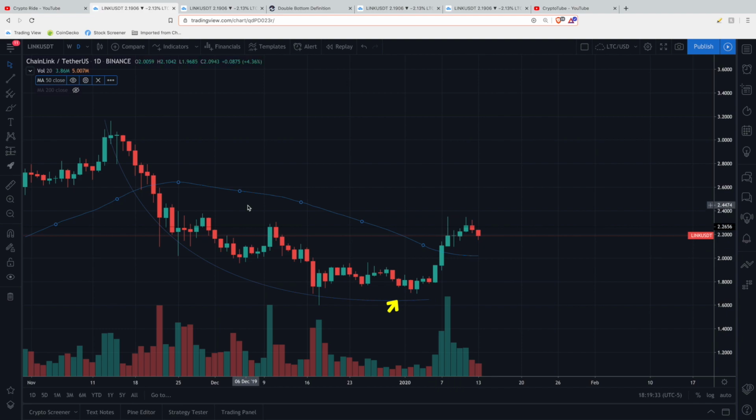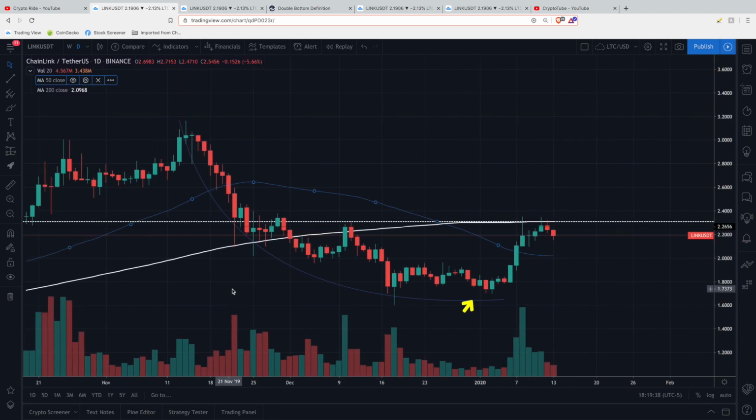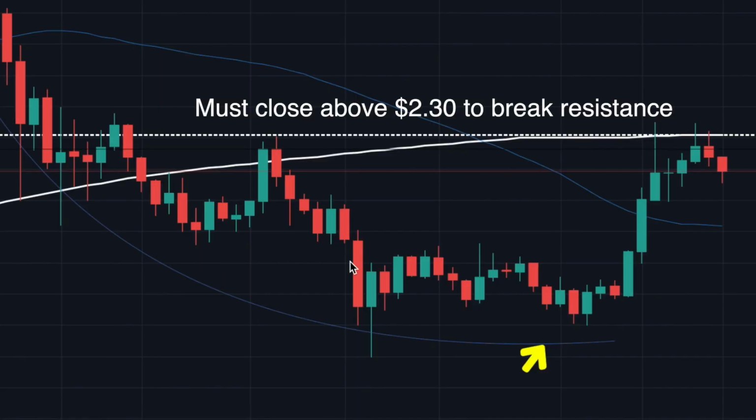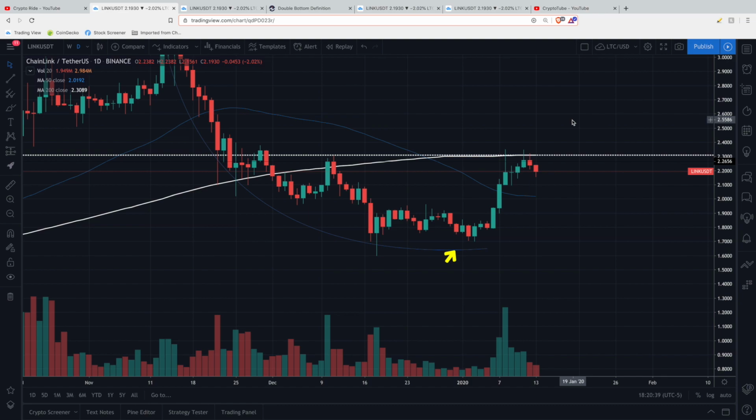and we can stay over the 50-day. Now also, I want to talk about the 200-day moving average, which is this white line. You can see we are trying to break through that. So we've broken through the 50, the 100, I'm not showing it, but it's right around the same point. But the next overhead resistance is this 200-day moving average. You can see we tried to break past it December 11th. We couldn't quite get there. So in order for the pattern to play out and not become a false breakout, we will need to pass